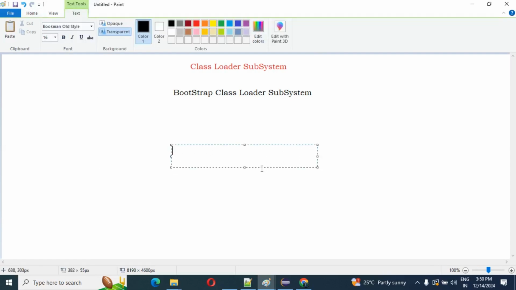The second class loader subsystem is the extension class loader subsystem.